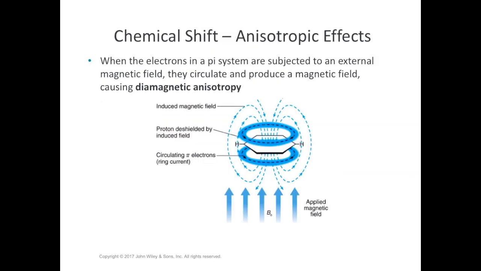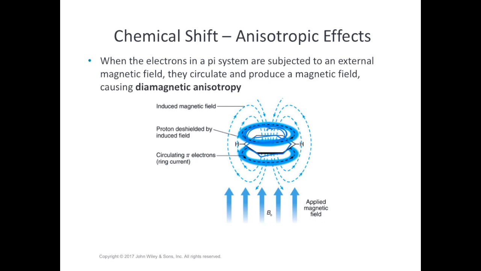The last topic is anisotropic effects. When electrons in a pi system are exposed to an external magnetic field, they circulate and produce a magnetic field, causing diamagnetic anisotropy. So here is an example. For example, if you had a benzene ring and the electrons in those pi bonds, there's 3 pi bonds in the benzene ring,